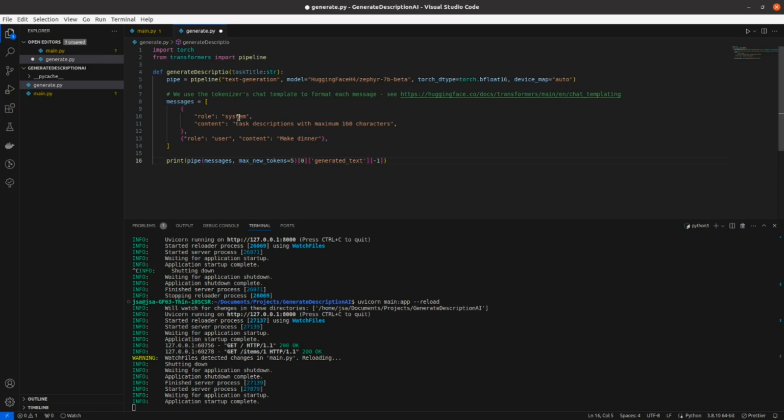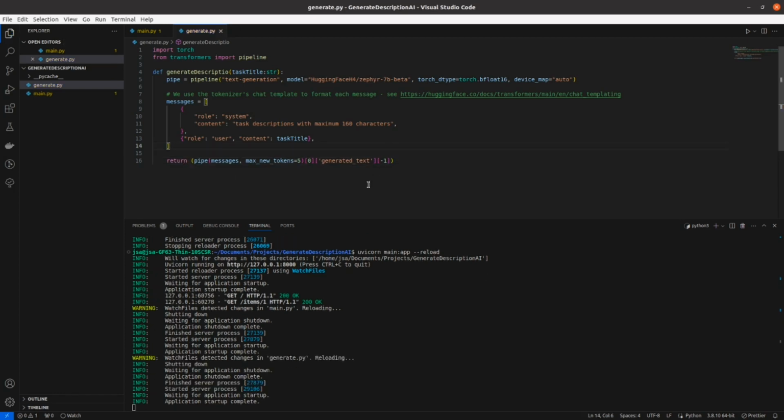And here I guess everything is okay except the content. The content will be our task title that we will send in our endpoint parameter, generate text, and here we will not print but actually return the description. So let's import this in our main file,